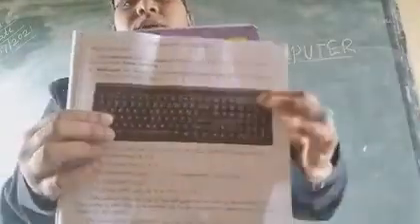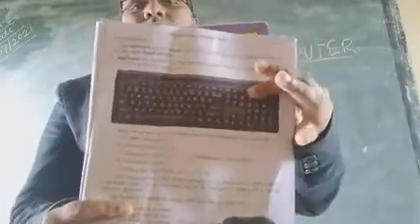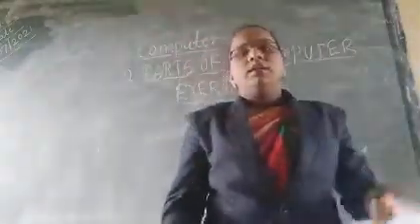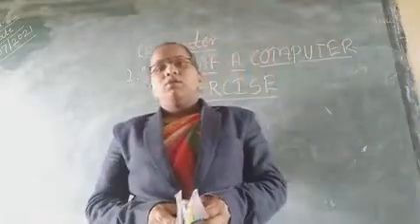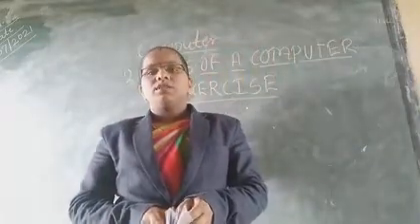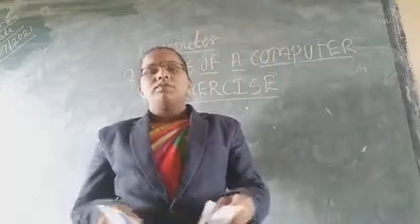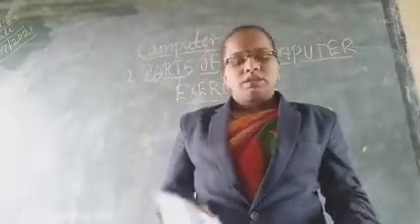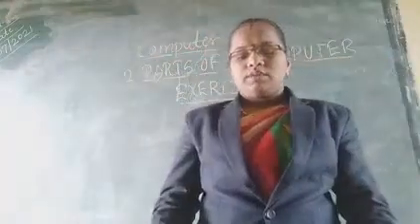This is a picture of a keyboard, and a keyboard has many keys or many buttons, and this is a picture of a mouse. Okay. Then the third is the CPU box. What is the long form of CPU? The long form of CPU is central processing unit. This is a picture of a CPU box, meaning the central processing unit.